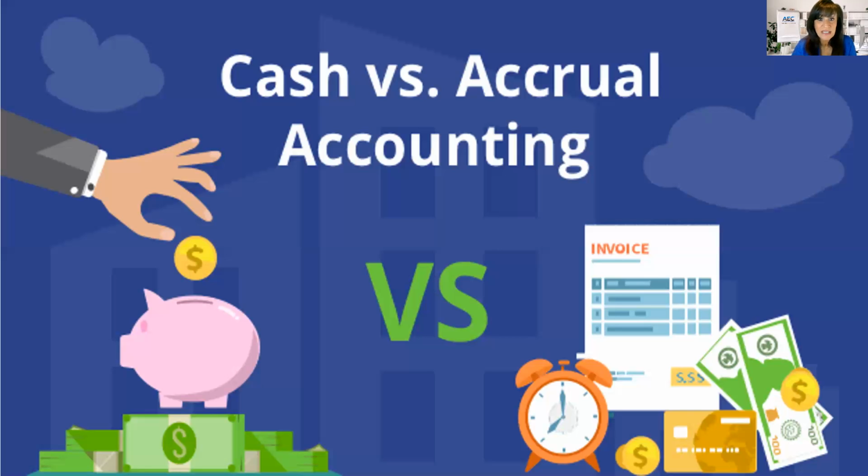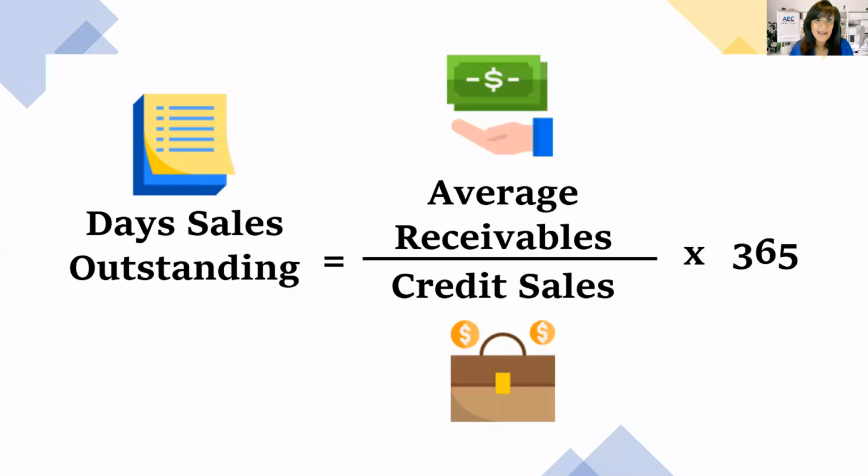And so it's very, very important to keep an eye on the difference between cash and accrual. When that gap starts to get bigger and bigger, then you really know that you've got some big problems going on. So the way that accountants measure cash flow is they look at the average accounts receivable divided by sales or revenue, and they multiply it by 365, and that is the average number of days that it takes you across all of your clients to collect your accounts receivable, to collect on your invoices.